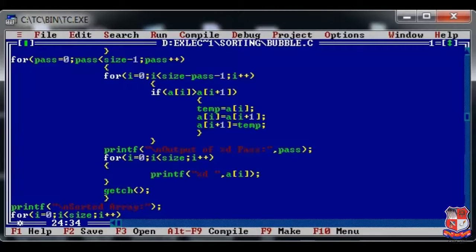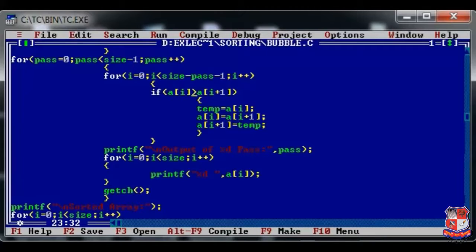And as you know the logic of swapping the elements, if a of i is greater than a of i plus 1, then we need to swap these elements with each other. As you know, this is for arranging elements in ascending order. If you would like to arrange them in descending order, then you can change this sign.